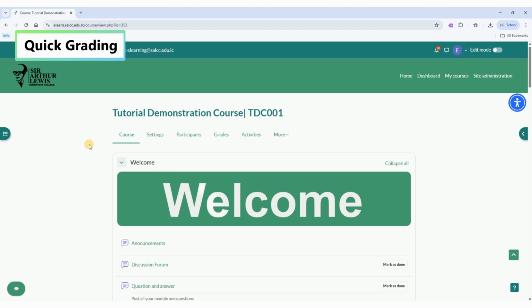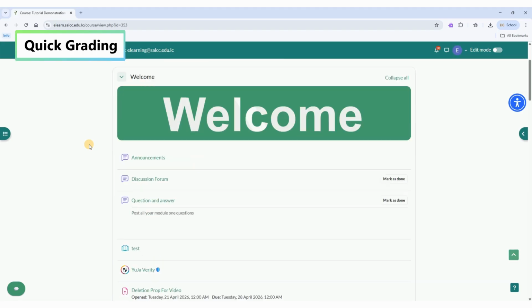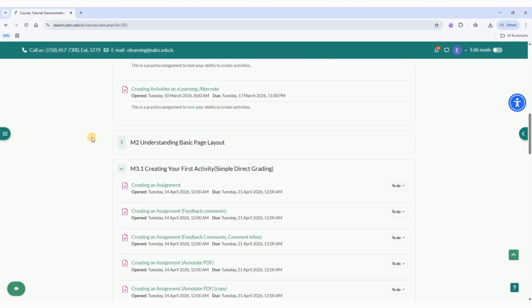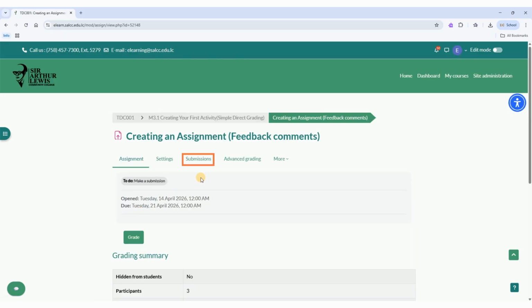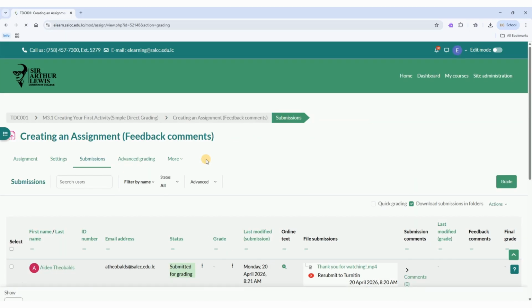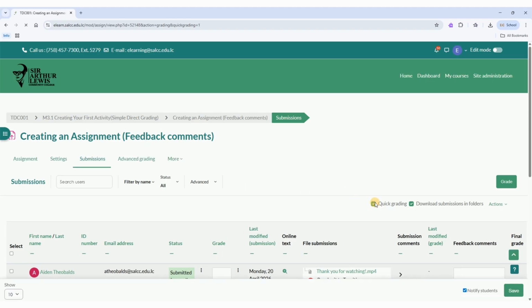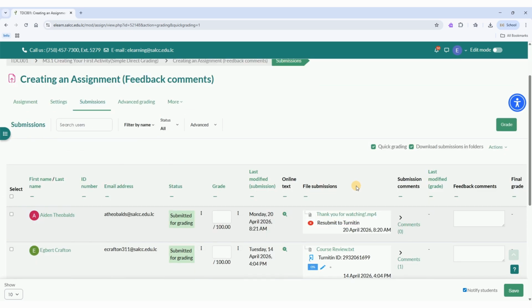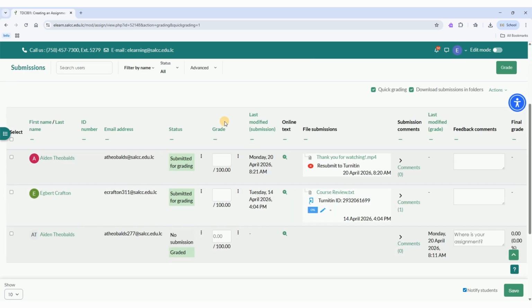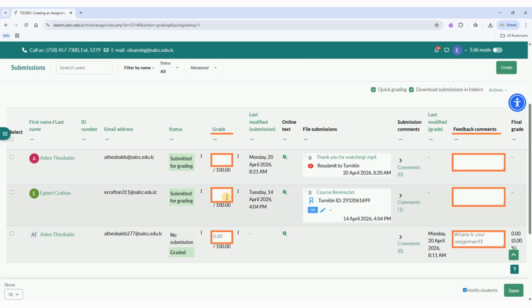Quick grading. The next simple direct grading method is quick grading on the submissions page. To use this method, go to the assignment and go to the submissions. From here click the checkbox for quick grading. Once quick grading is enabled, you will be able to insert grades and feedback comments directly into this table on the submissions page. To do so, click on the text boxes in the respective columns, and insert your grades and